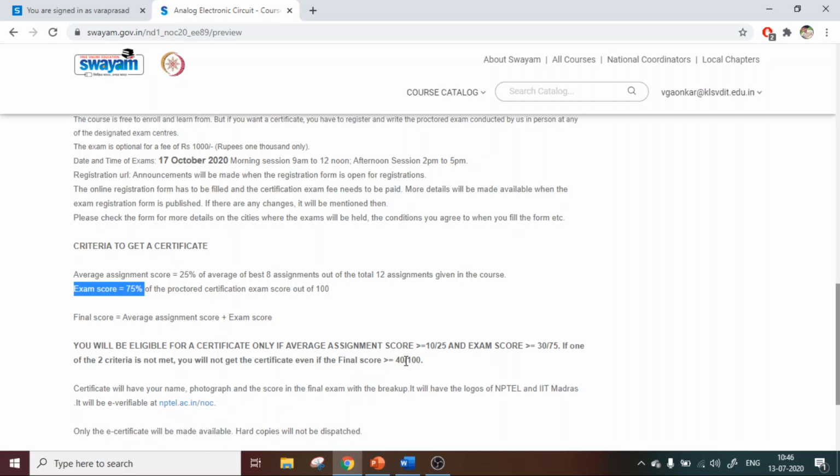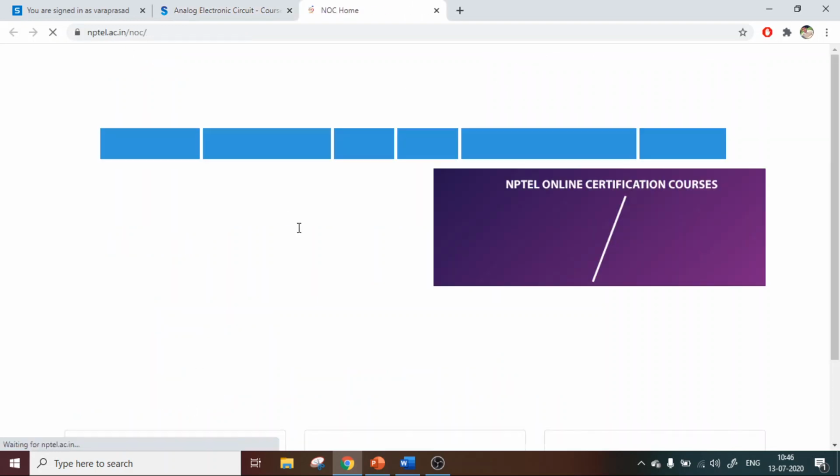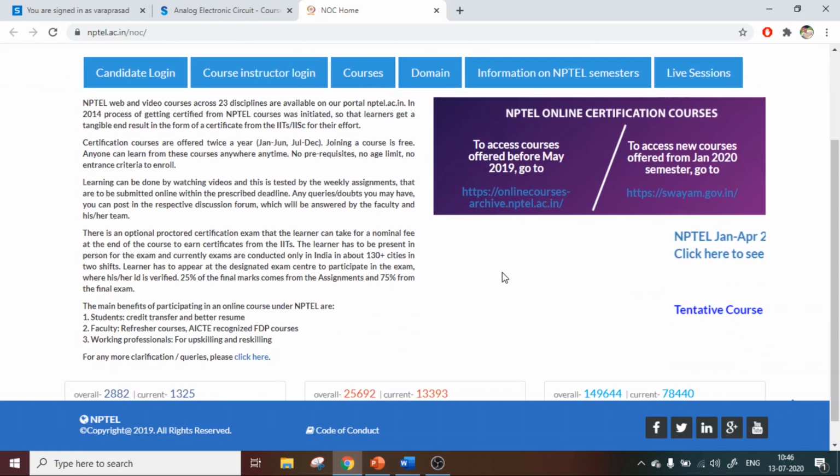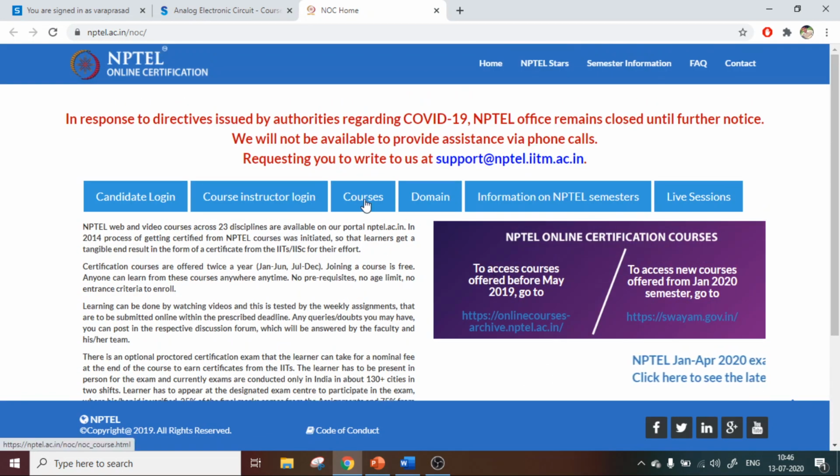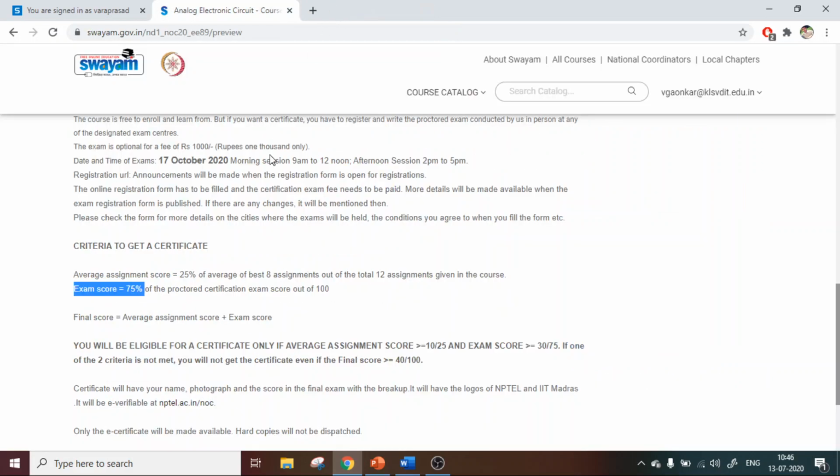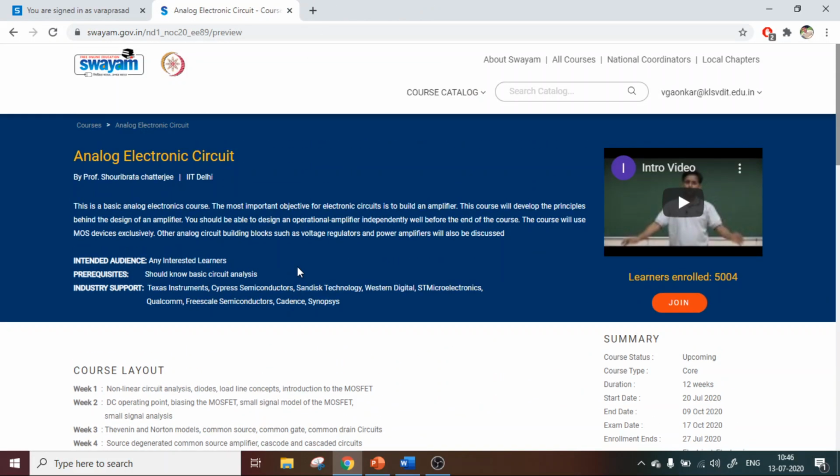You will get a certificate that says you have completed the course. If you fail to get 10 marks in the assignment, then you will not be allowed to write the examination. So this is the certificate you are going to get. Here you can register; that part will come when you go for the examination. Now, if I am satisfied with this course and want to register for it, then you can click here, Join. You can see there are already 5004 members who have joined this course. So click here.